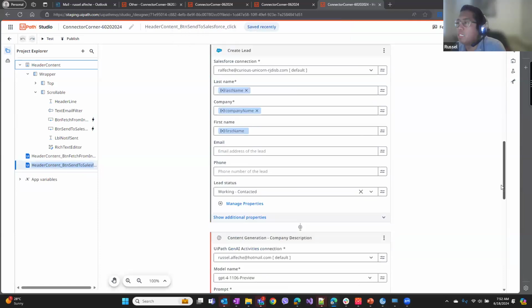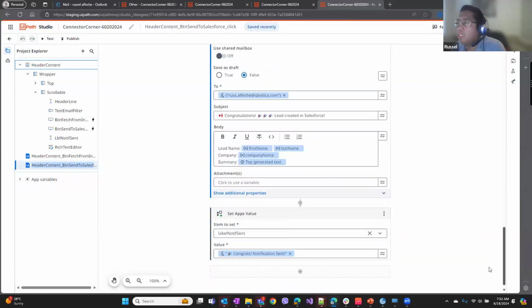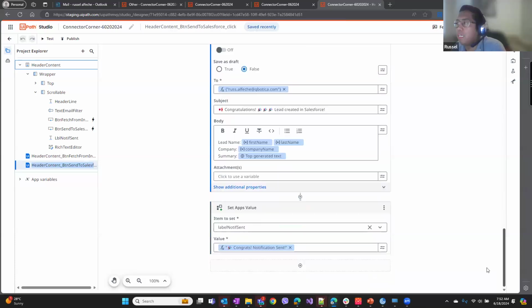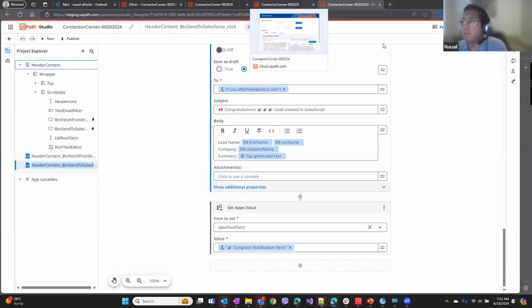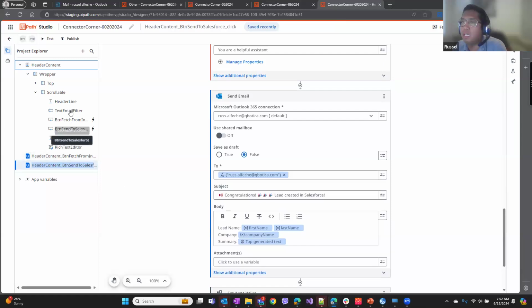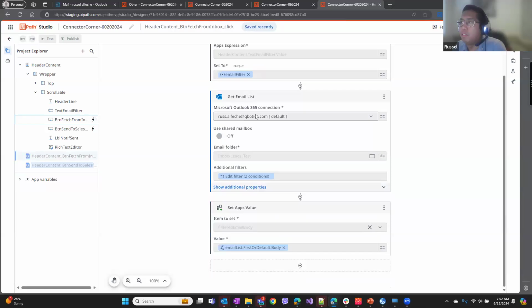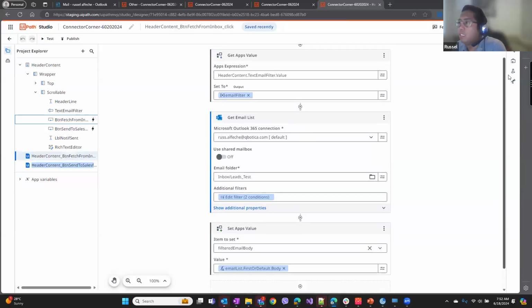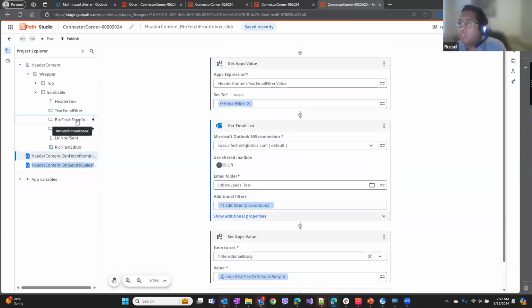So I can use this within what they call the unified project. And again, the main benefit is you don't have to go into Studio Web and create and publish a workflow separately. You can use it directly from here and then wire up your automations, wire up your controls,